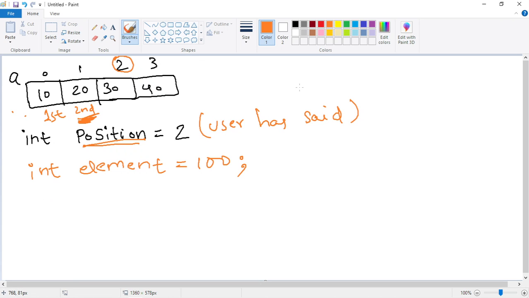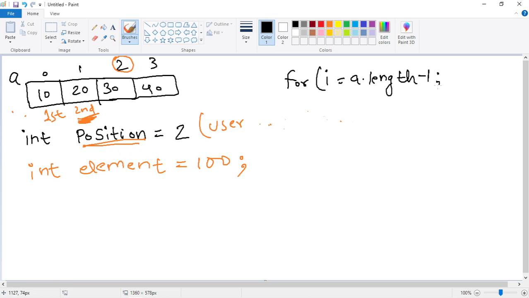Here, let me write. I will run one for loop that will start from a.length - 1. Let me tell you why we are using -1.